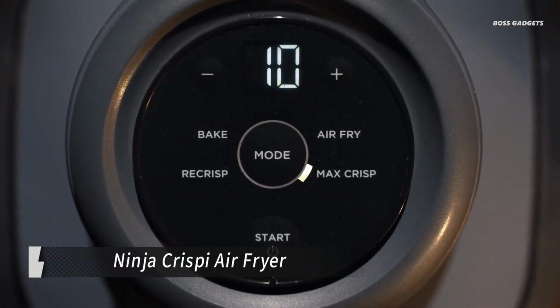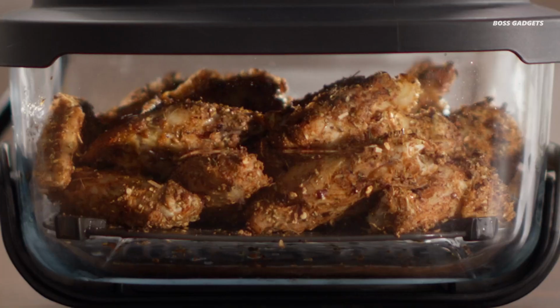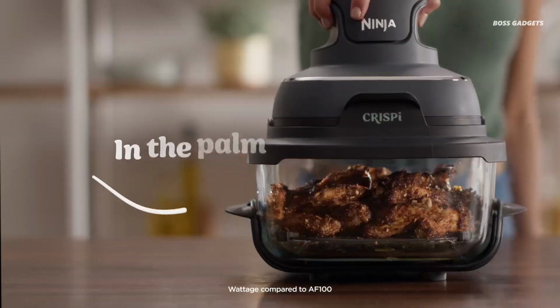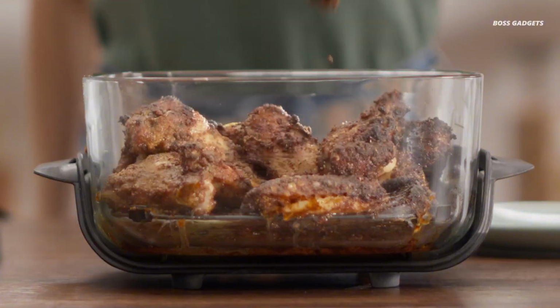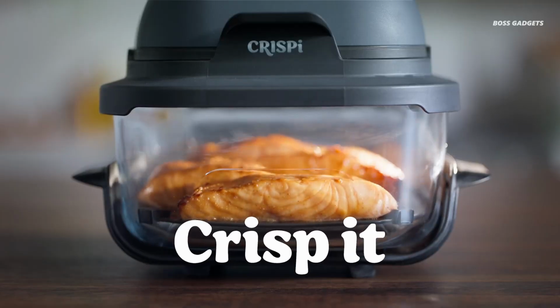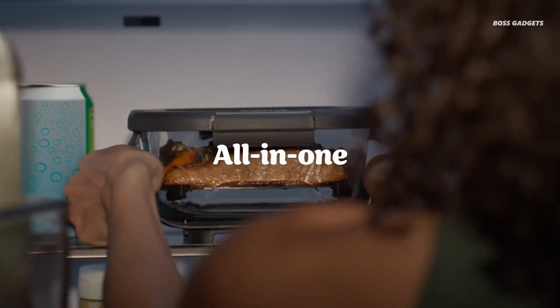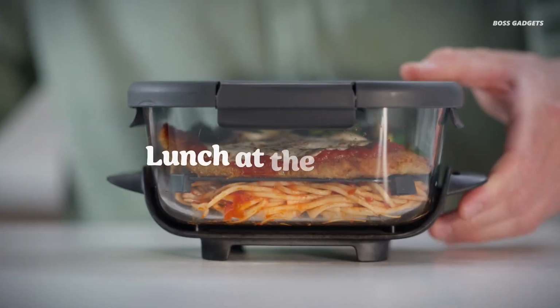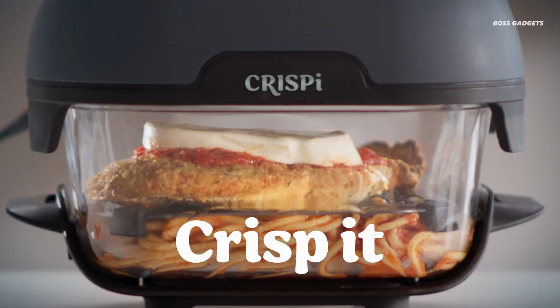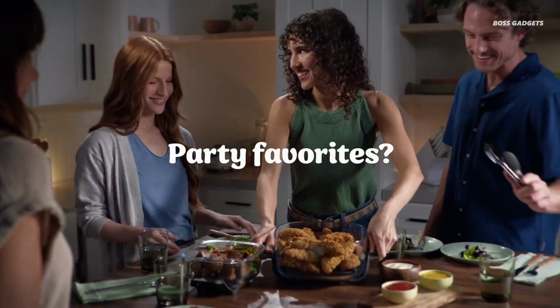Experience versatile cooking convenience with the Ninja Crispi portable cooking system, combining the power of a full-sized air fryer with Tempware glassware. Choose between the compact 6-cup container for personal meals or the generous 4-quart size that accommodates a whole chicken with vegetables. Built with thermal shock-resistant borosilicate glass, this revolutionary system transforms frozen ingredients into crispy perfection using 4